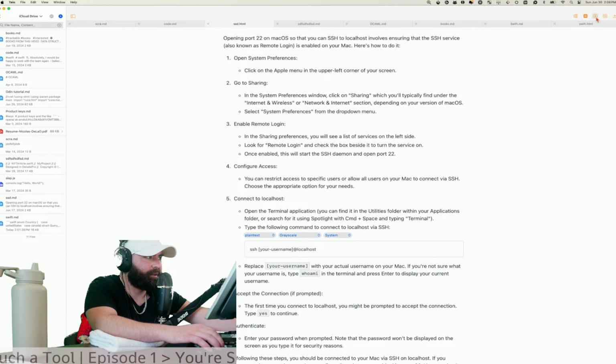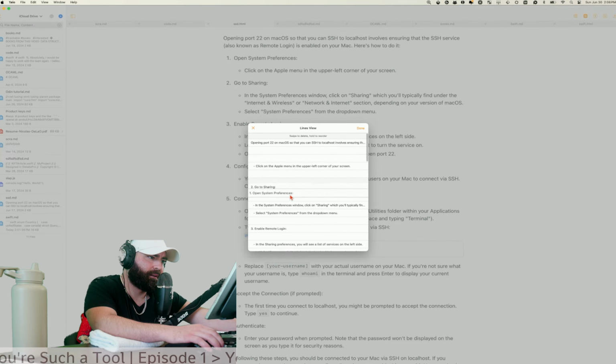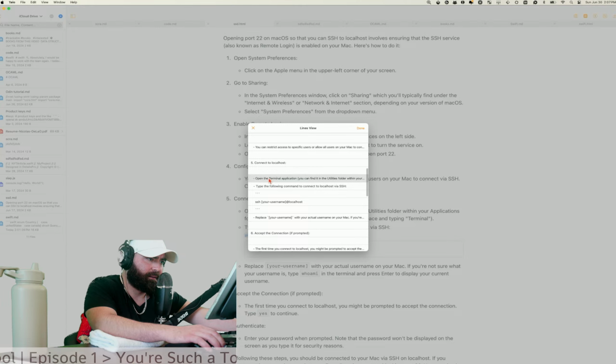Checklist. A lot of this stuff like checklist and the formatting, obviously you can do it in real time or in line with Markdown. But so this is cool too. Look at this lines view, right? Swipe to delete, hold to reorder. So if you wanted to move things around in the document, then you can just do that, which is a lot easier, because imagine if it was a longer document, I'll say.